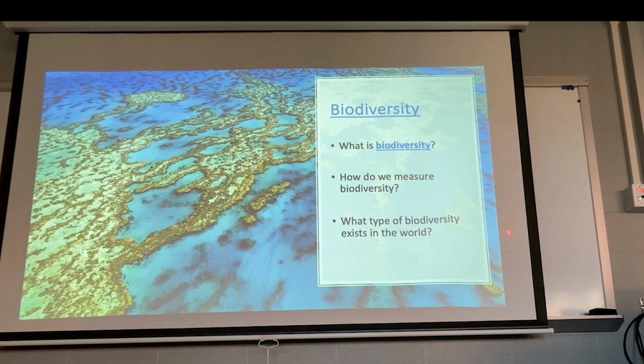And then we want to know what type of biodiversity exists in our world. We have great biodiversity, but it's concentrated in certain areas. Here's one great example, coral reefs. Most marine fish are found on coral reefs. I've seen anywhere from 30 to 60 or 65% of fish live on coral reefs, which make up 0.01% of the entire ocean. So a very small area has most of the biodiversity. The same thing happens with animal biodiversity, as you'll see.